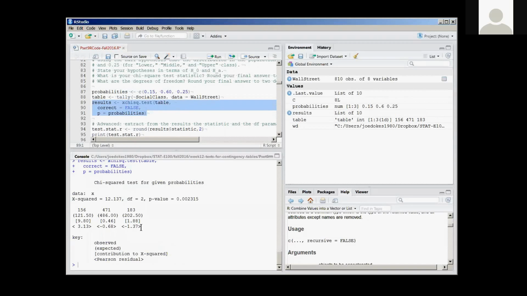And what we have here is our chi-square test right here. And that's what x squared, by the way, means, just FYI. So here's the test statistic, here are the degrees of freedom, and here's our p-value. Now our p-value is far less than 0.05. So what that means is that we reject the null hypothesis